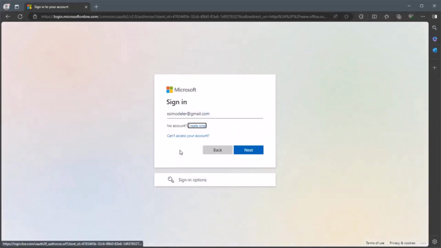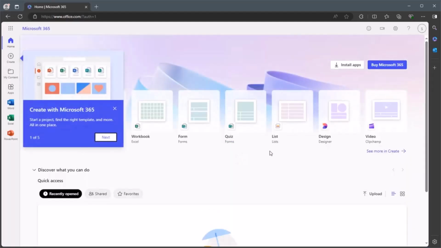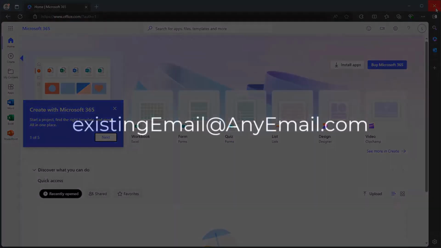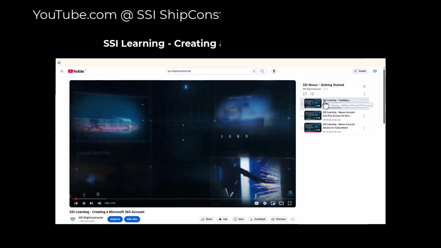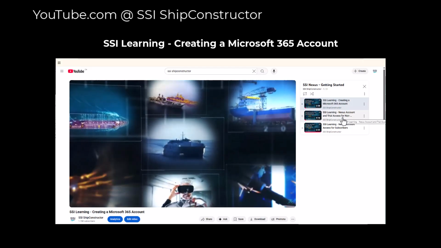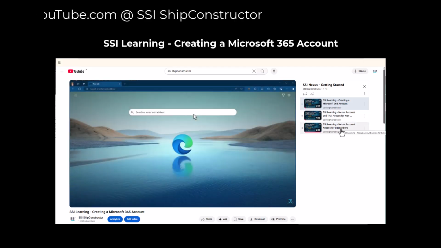To begin, first you'll need to ensure you have a Microsoft-enabled email account. You may use an existing email address, or you can set up a new Microsoft Outlook account. Watch the following YouTube video on the process to set up a Microsoft email account. Once you've confirmed the Microsoft account is active, navigate to